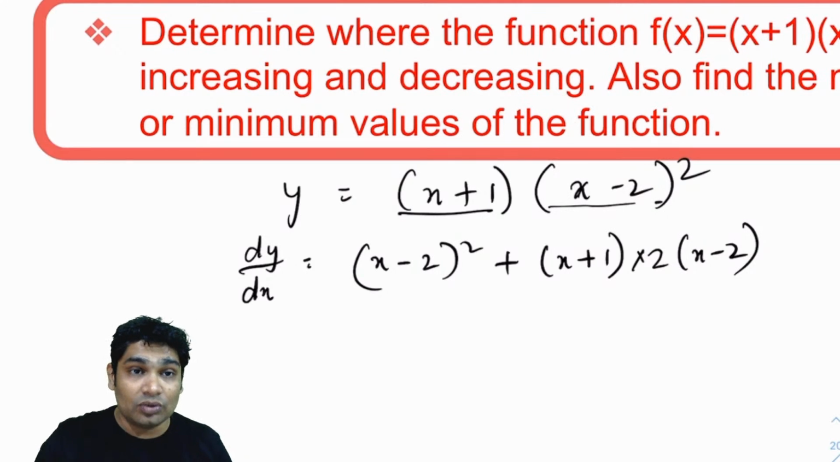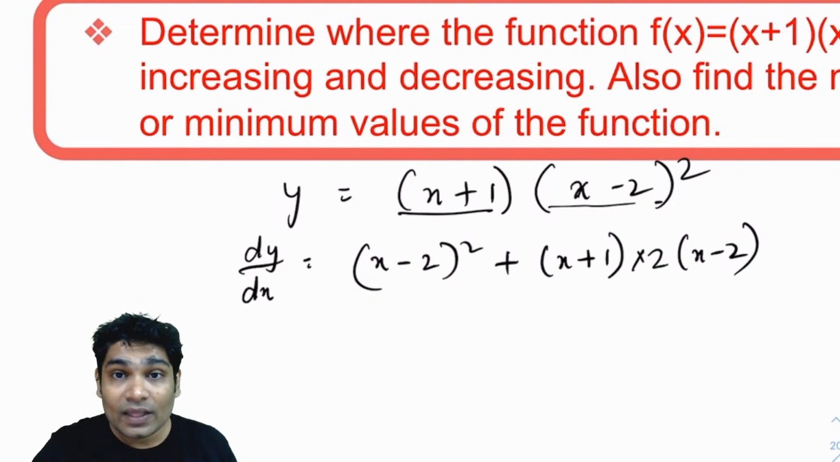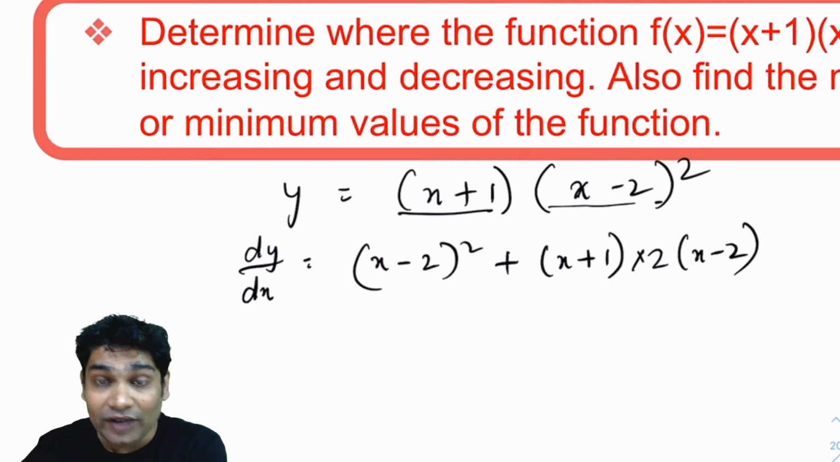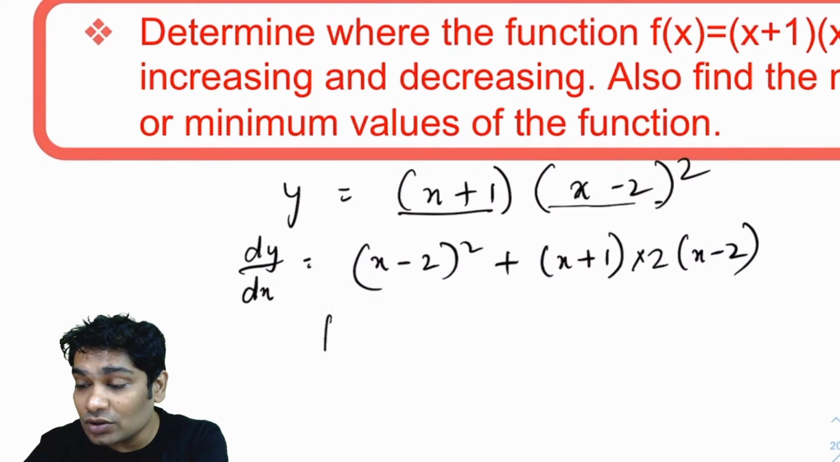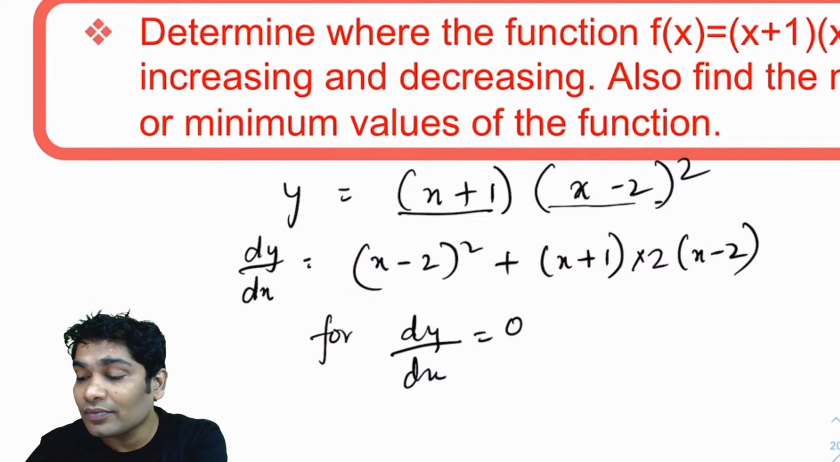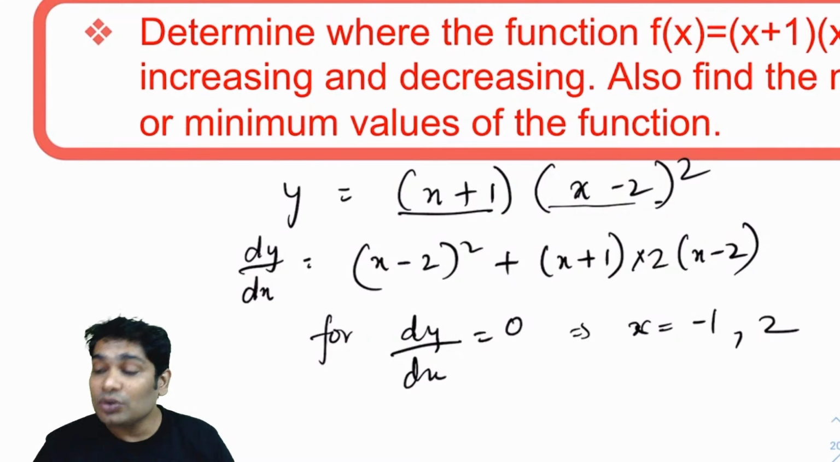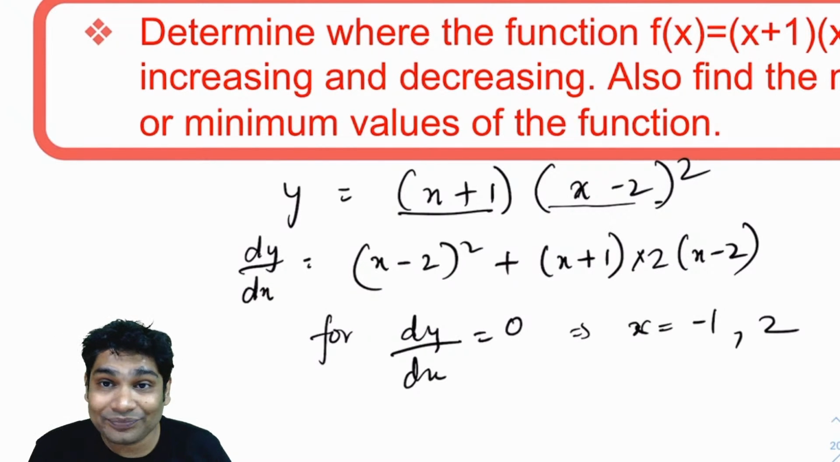So all you need to do is find the zero points for this. So where will the graph turn? Let's first find that. If you put this as 0, so let's see, for dy by dx equals 0, what answers would you get? You get your answers as x equals minus 1 comma 2. So you have 2 points wherein,